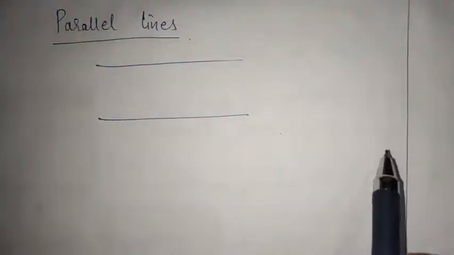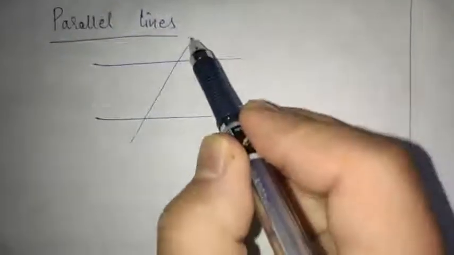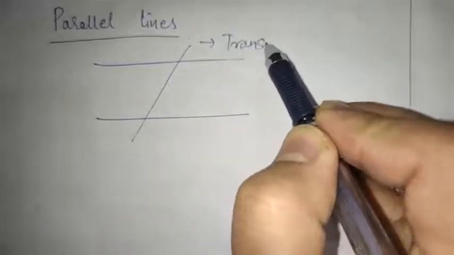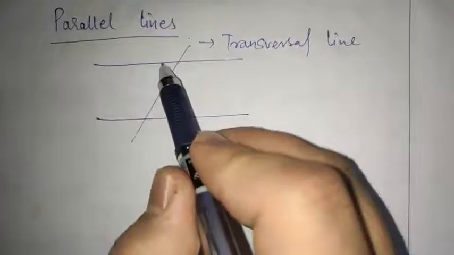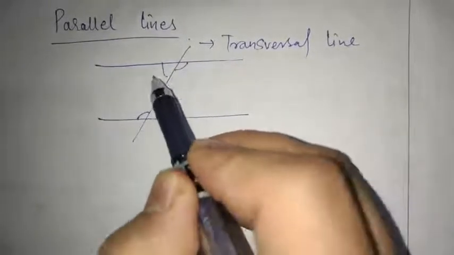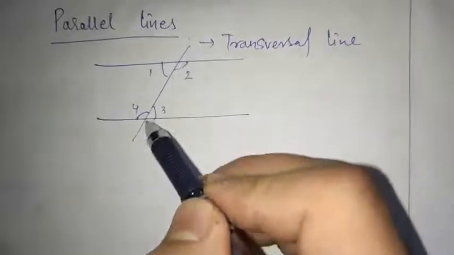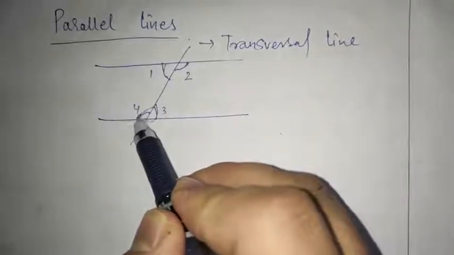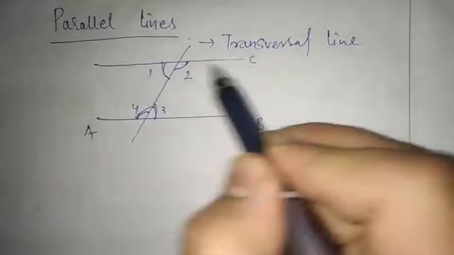To consider a parallel line, what we have dealt with: there are two parallel lines and one transversal line. If you don't forget, we have dealt with this term transversal line, which will create a variety of angles here, say angle 1 here, 2, 3, 4. This is called the transversal line. This is angle 1 here, 2, 3 and 4. So these are the two parallel lines here, say A, B, C and D.